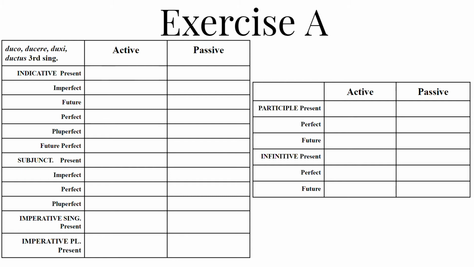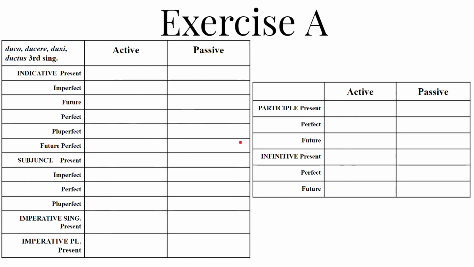So the perfect, pluperfect, and future perfect active will be formed from the third principal part minus the I. The nice thing about the perfect, pluperfect, and future perfect, the completed action tenses, is that no matter what conjugation you're in, they're formed the exact same way. They're even formed the exact same way for irregular verbs. It's actually rather nice. So the perfect stem for this verb is dux, D-U-X. So dux, add the endings: duxit, duxerat, duxerit. For the passive, fourth principal part, ductus sum, we have singular person. So ductus est, ductus erat, ductus erit.